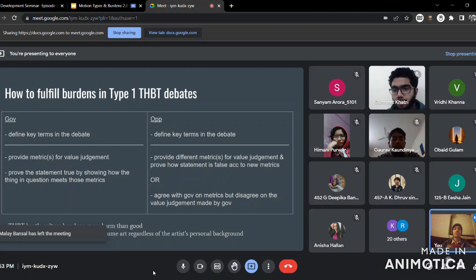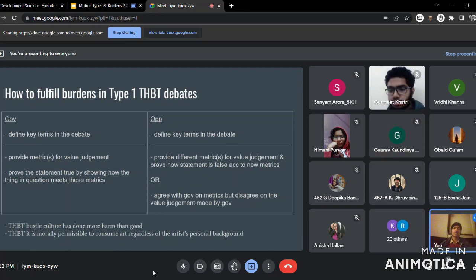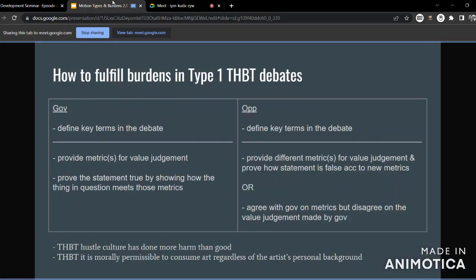Whatever you judge on your own personal judgment, it would get better with time. You'd recognize what the things are that, if I clarify what this means, or if I just tell the judge what this means, would lead to a better understanding of my case or my arguments, or just a better or clearer debate in general. You'll get that skill with time, with practice. But yeah, in any debate, the first thing you need to do is define the key terms in the debate.